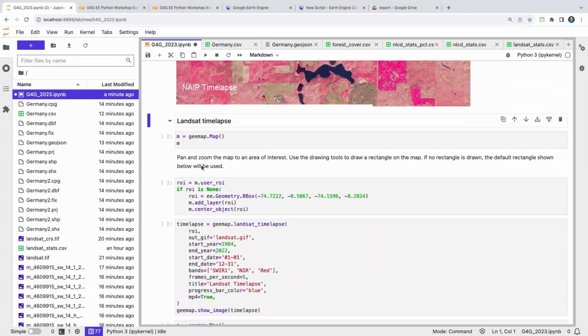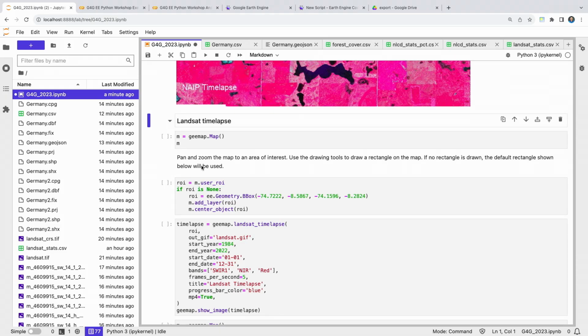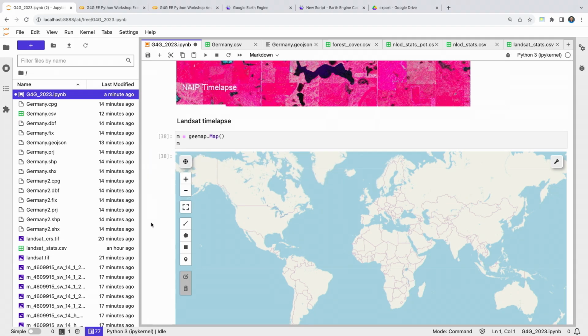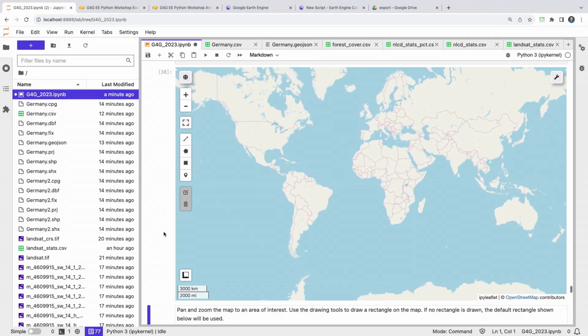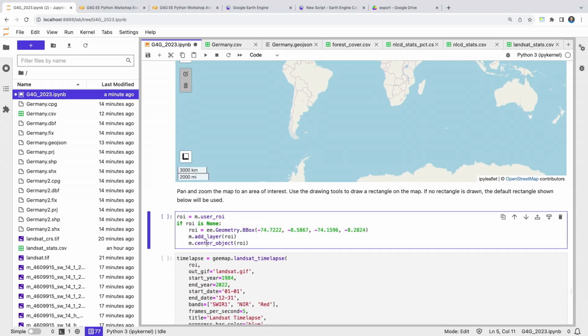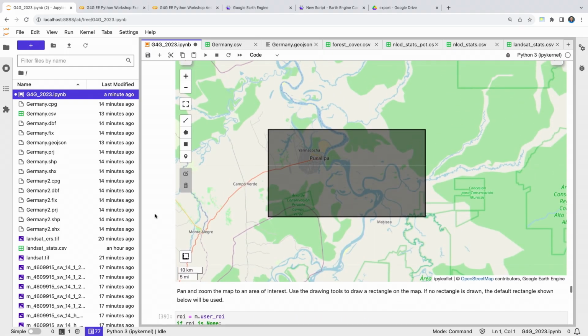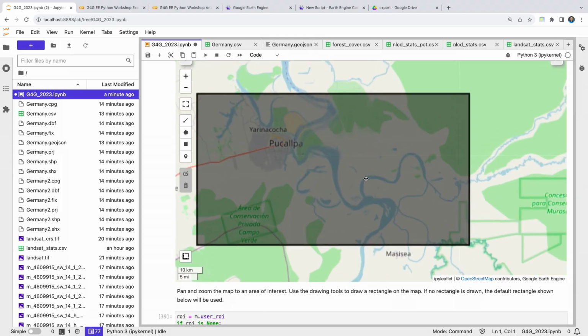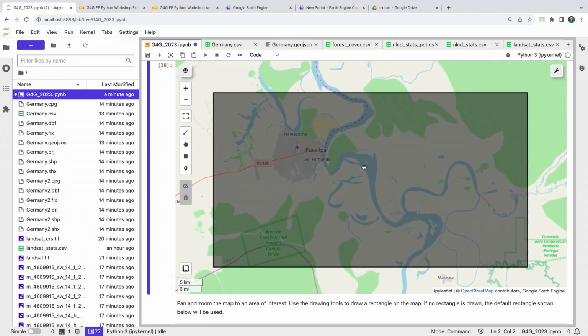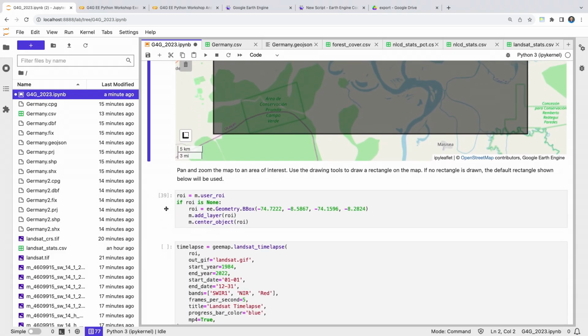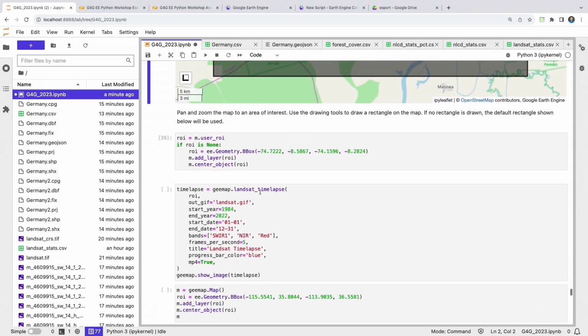So next one is Landsat. This one is at the global scale, so you can do that for anywhere. Again, just create a map, and then just simply draw a rectangle somewhere on the map you like. I'm just going to use the default bounding box. Okay, so here, where's this? Anyone know? This is in Peru. Okay, anyone from Peru? No one? Okay, I'm so sad. Anyway, so here, I get the bounding box, and then again, just one line of code,